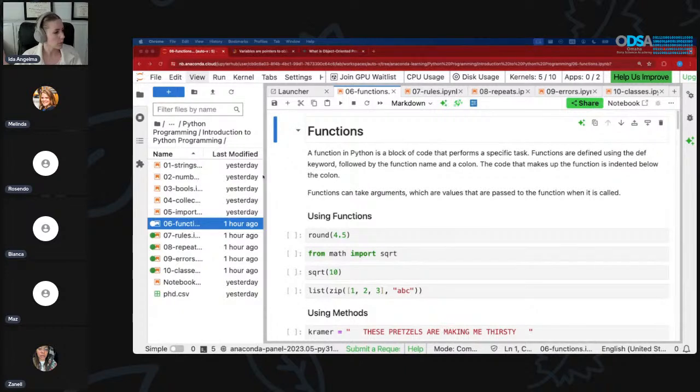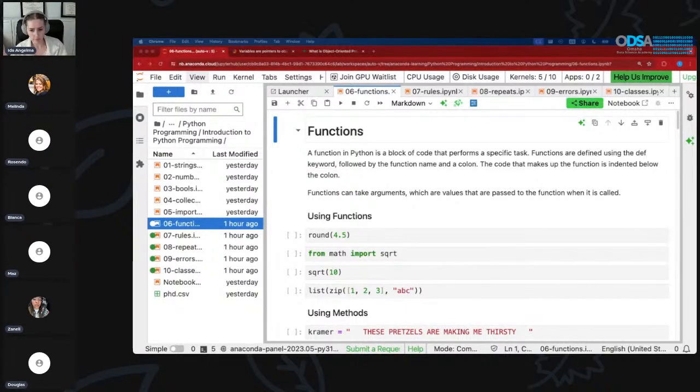But yeah, yesterday we went through strings, numbers, booleans, collections, and then some imports. And today we're going to go over functions and rules, which are pretty much called conditions in my opinion, and then some different kinds of functions and loops, and then errors, and then finish up with classes, and then we're going to get into today's scheduled content. But yeah, we touched a little bit on the functions to make sure that everybody understood what a